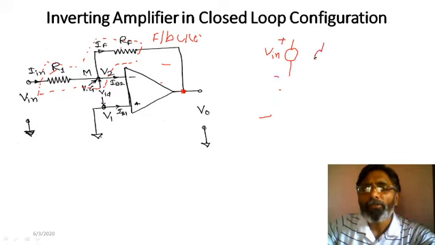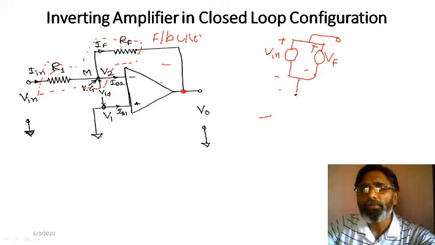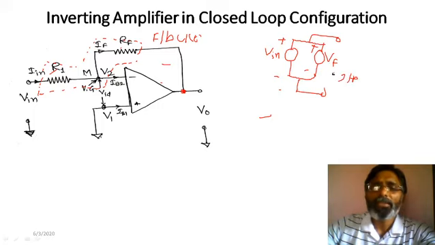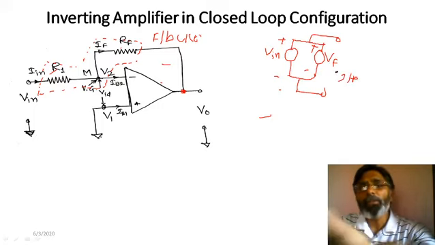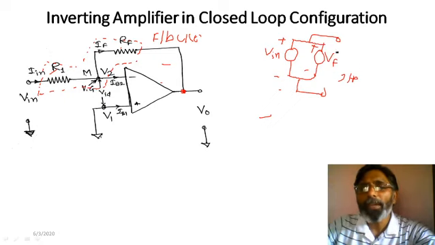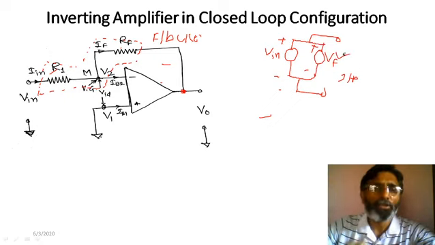So if I have this as the feedback signal, and if this is its positive and this is negative polarity, and if I connect these two in this fashion, and if this is going to the input, then this is known as voltage shunt feedback. Shunt means parallel. So my feedback signal is in parallel with the input signal.